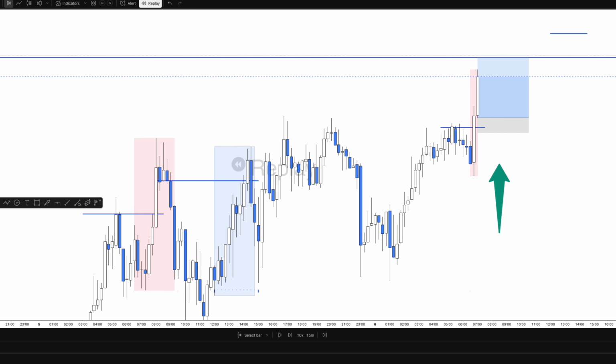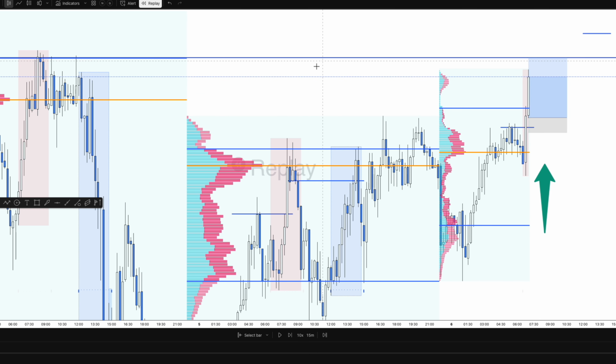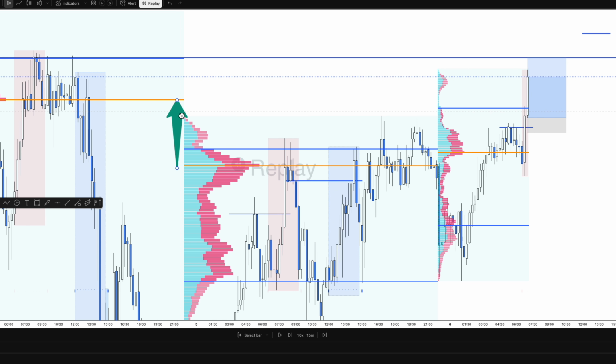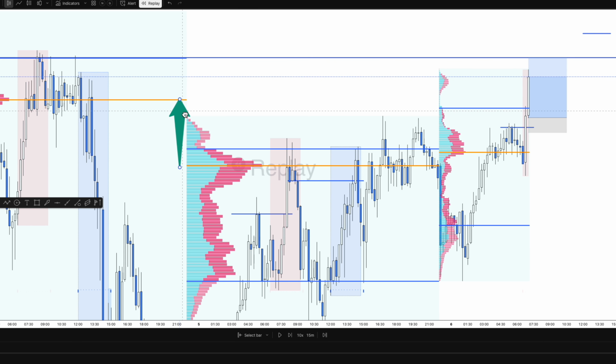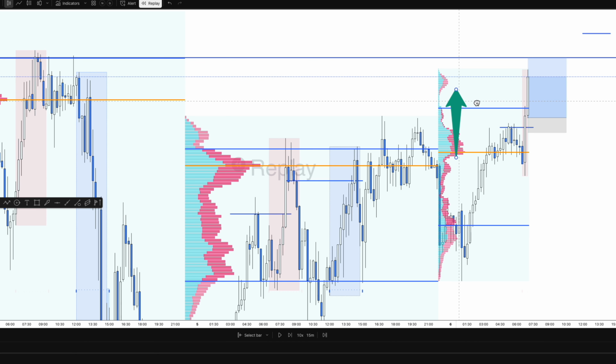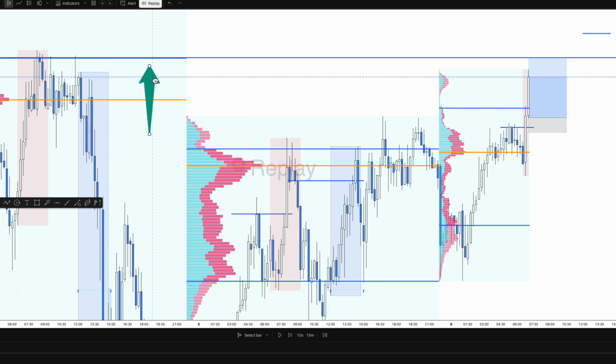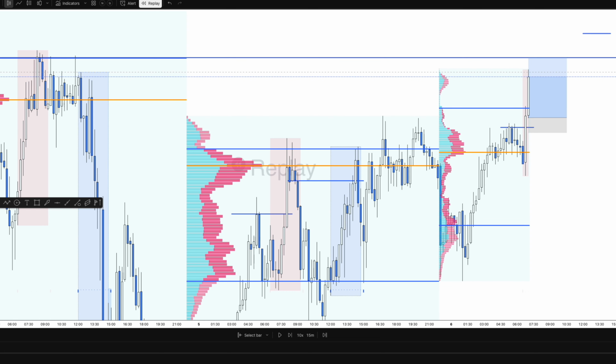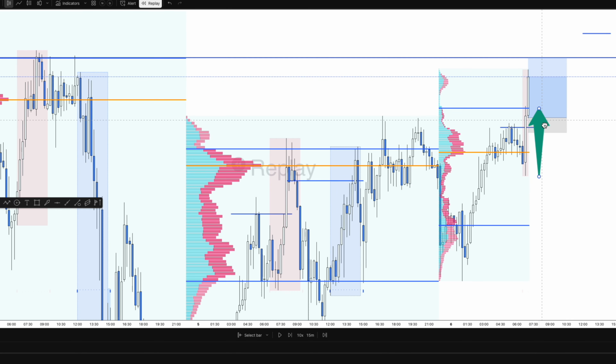There we go. Turn on our session volume profile. This is where we were targeting, up here. Because yesterday's value area low, point of control, value area high is not in play, so we then need to take it to yesterday's point of control. It's here, okay? That got breached when we broke through here. So the next meaningful level is not yesterday but the day before's value area high, and it also coincides with 4,000, okay? So that was our target,